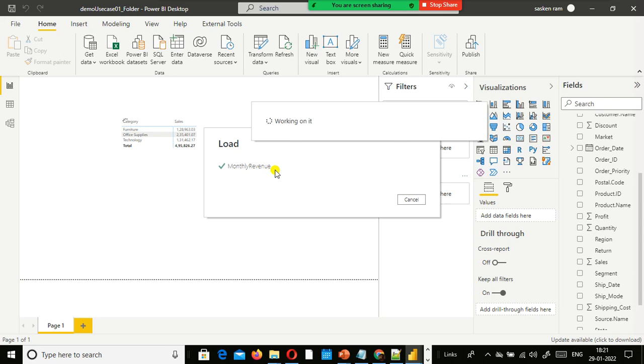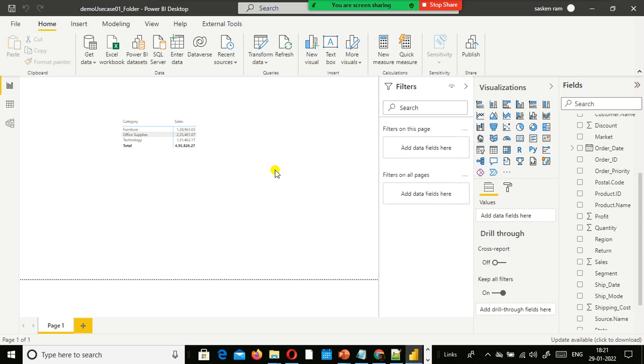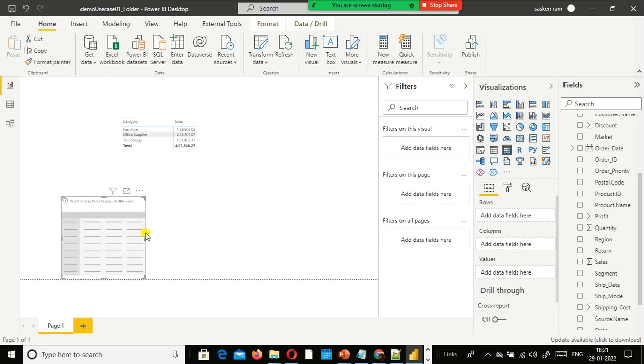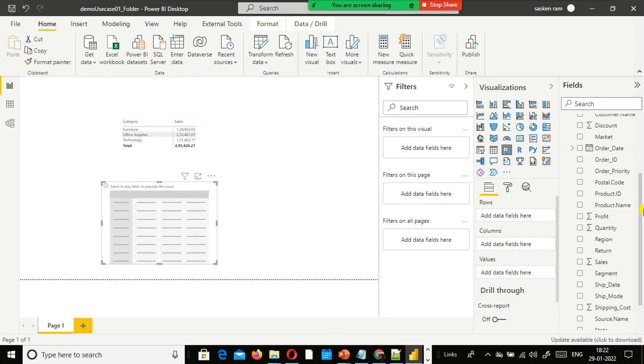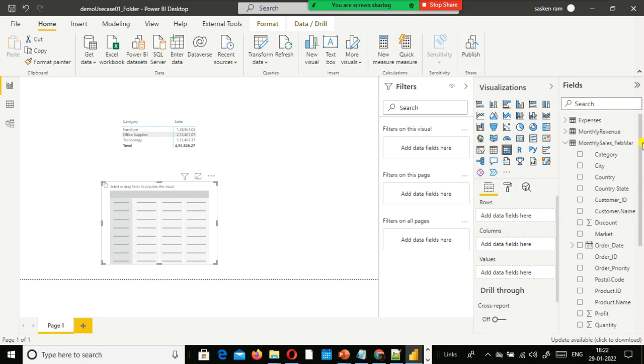The query name is Monthly revenue. What are the steps we carried out in Power Query? It got applied. Fine. So now I am going to create another visual, another matrix visual. Now we have 3 months of data, but the top one is the April month. The recent one is April.